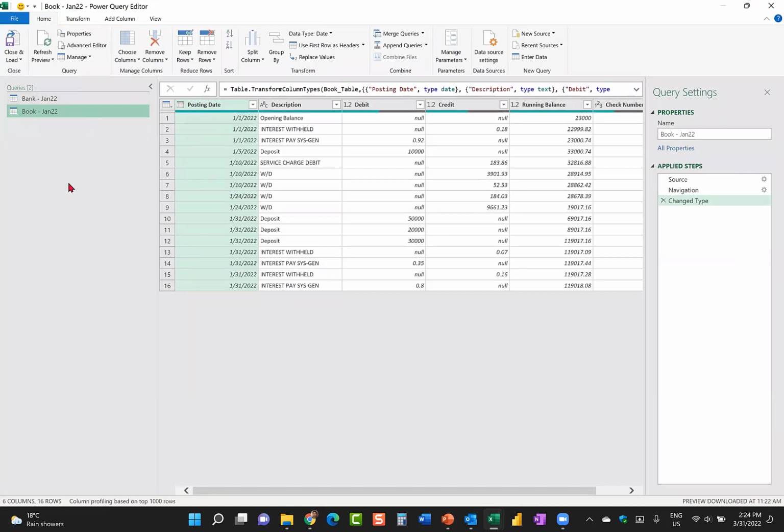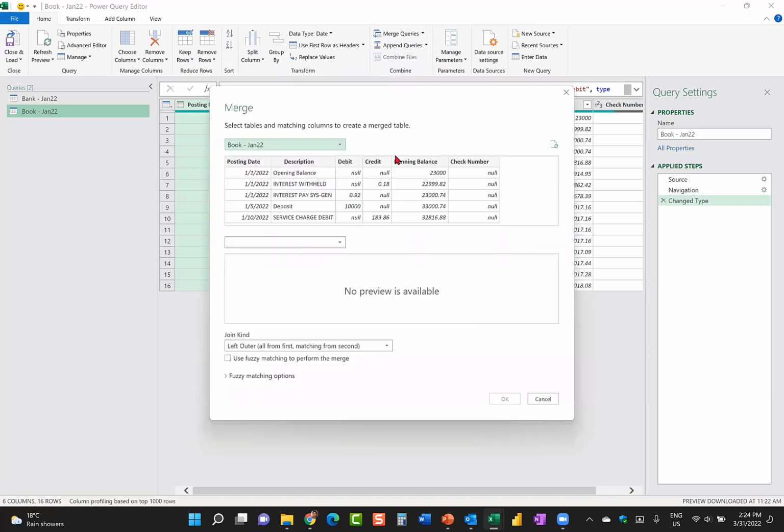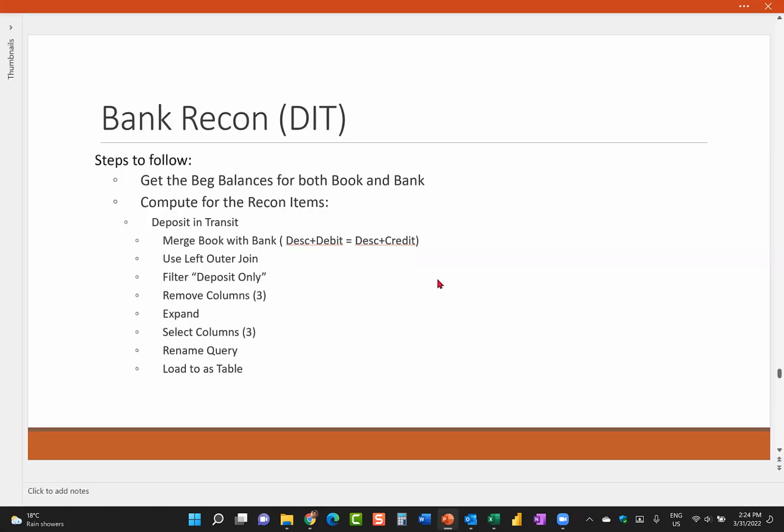So we have to choose book first. I'll just move my controls away so I can select. Then I'll choose merge queries. Okay, merge queries as new, so that we will get a new query out of that. We'll choose book. Let's go back to our steps: merge book with bank. And then our